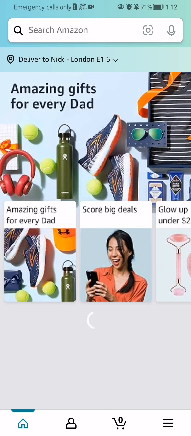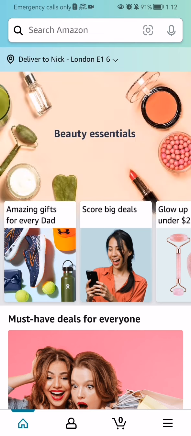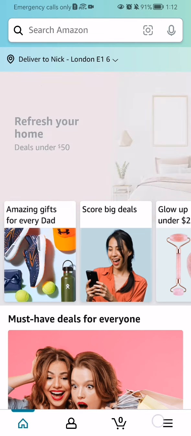Now after doing so, you can see that in my case I have 2 accounts here, one of which is Nick Nicholas Nicholson and the second is just Nick Nicholson, and I can just press on that and you can see that the Amazon app will refresh and I just basically instantly switched accounts. Now I can also switch it back to the other account if I want to,